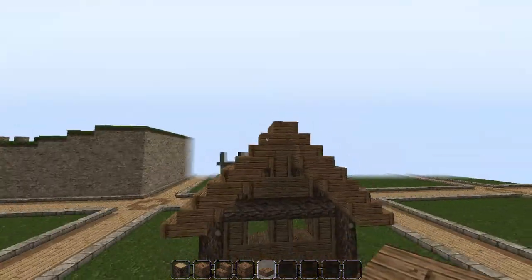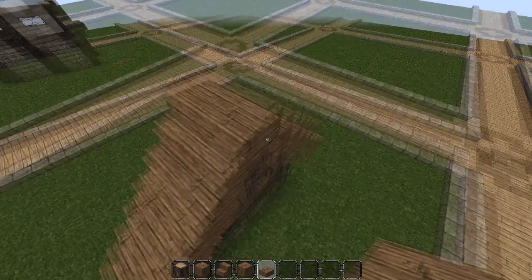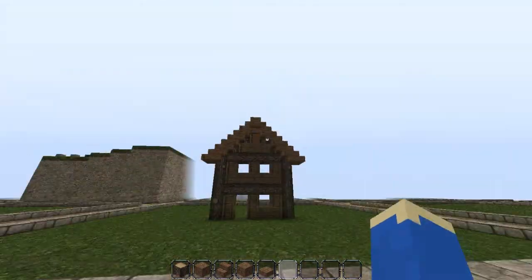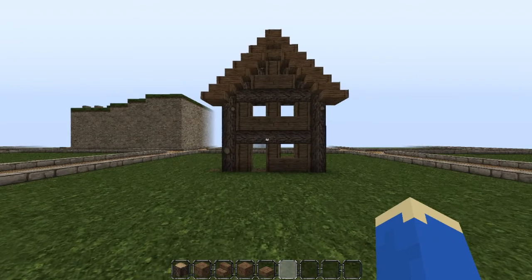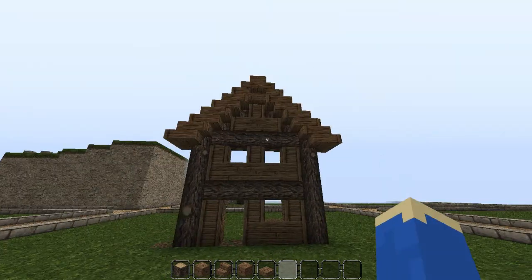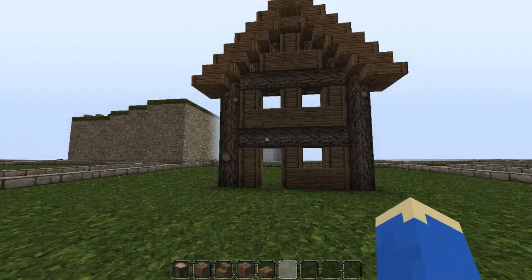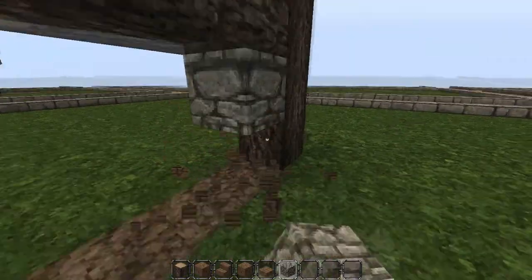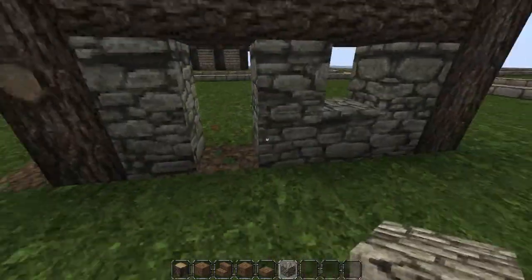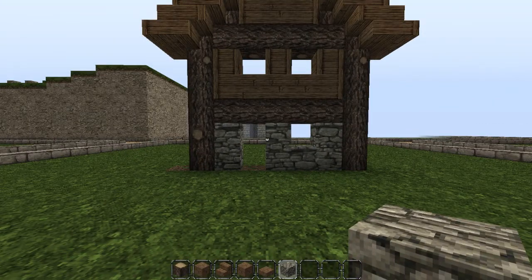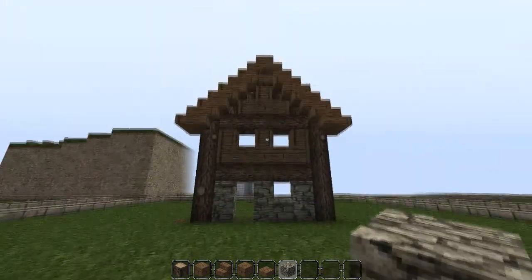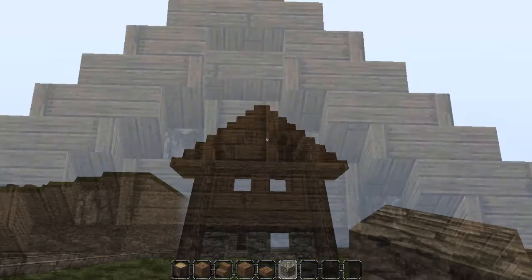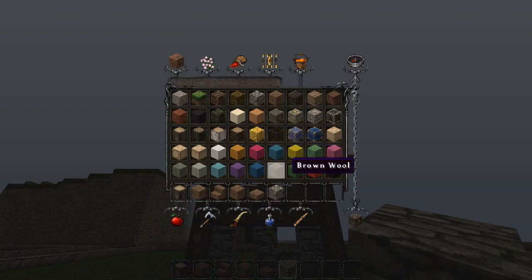Like I said, I'm going to go over roof designs in a different video, because there's lots of different things you can do at the end here depending on the style of the house. So that is looking okay. It's looking a lot better from what it started on, but it's all one colour, all one material, and it's looking a bit bland. So the next thing I'm going to do is swap out this bottom area. Usually you'll be swapping this area out for cobblestone, or maybe bricks, stone bricks, something like that. And that adds a second element to the house, makes it a little bit more interesting. And as you can see up here, it's quite boring again,